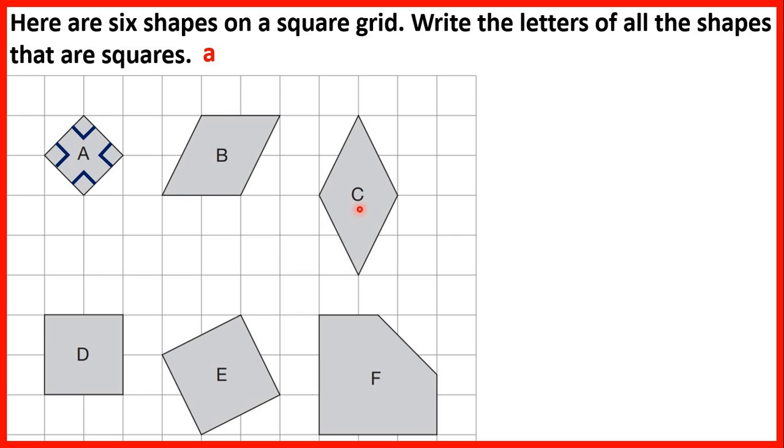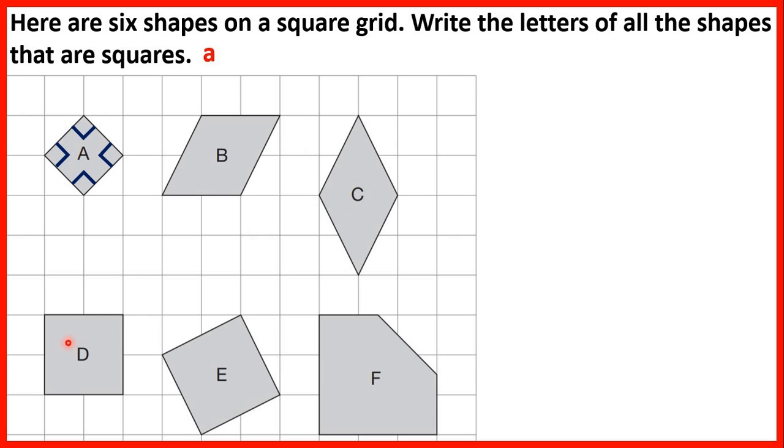And for shape C, though all the sides are the same length, the angles are not right angles, because this angle at the top and this angle at the bottom are less than a right angle, and these angles at the side are larger than a right angle. So this shape is not a square, because a square needs to have 4 right angles and this shape doesn't